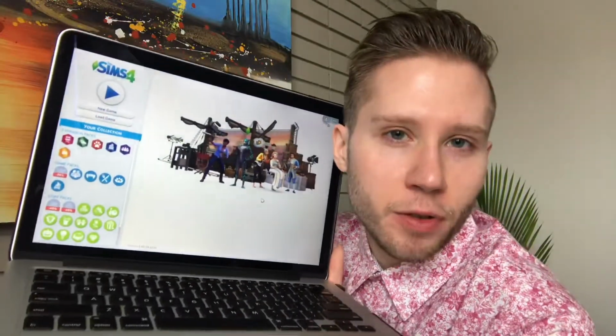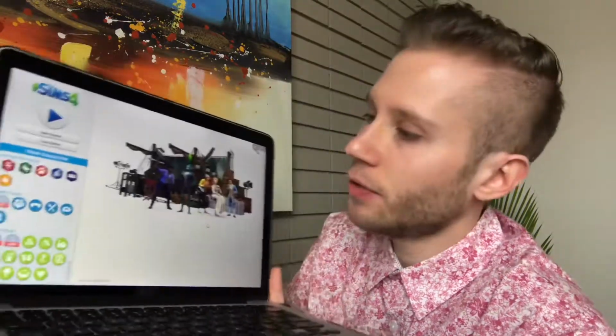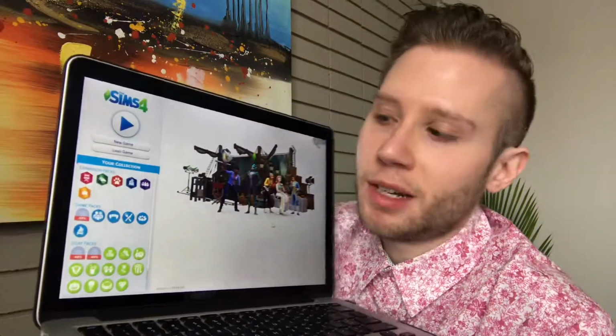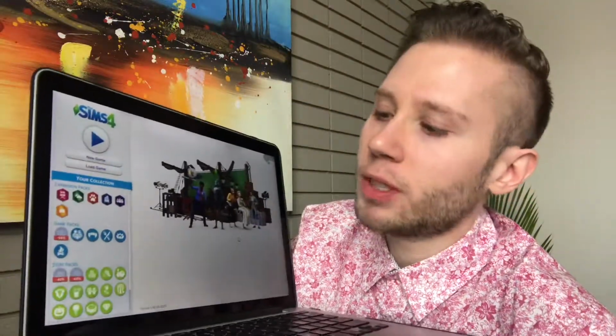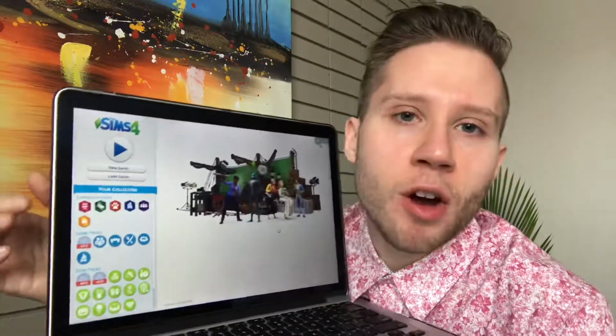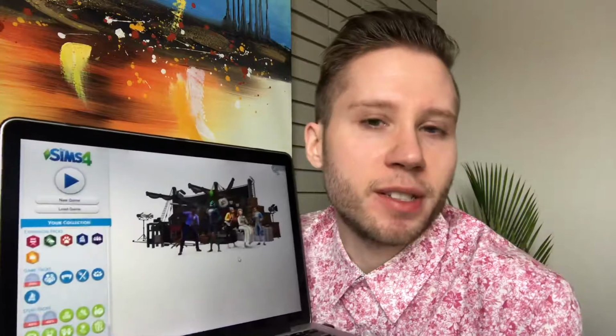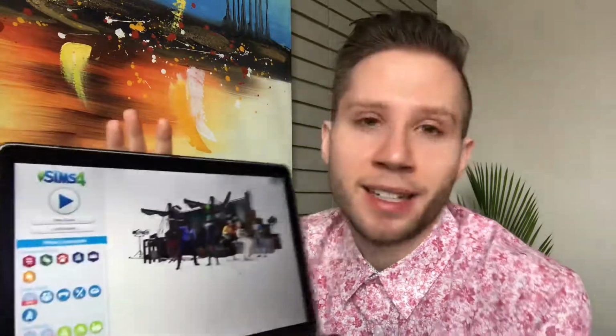As you can see, I have quite a few of the expansion packs. I still need a few more. As you can see, the other expansion packs I don't have are actually on sale. I think only for a few more days. But anyway, I got the Get Famous expansion pack, which I think came out in November or December of last year, 2018. And I have been obsessed with it. It was on sale, it was like 50% off. So I got it. And I'll give you a little bit of insight into the game I'm playing right now